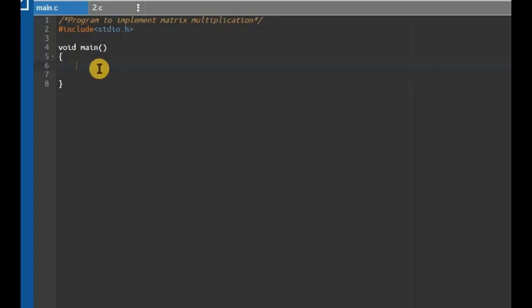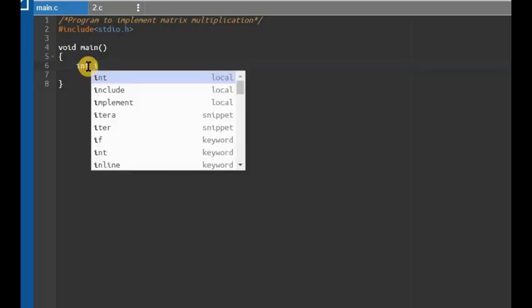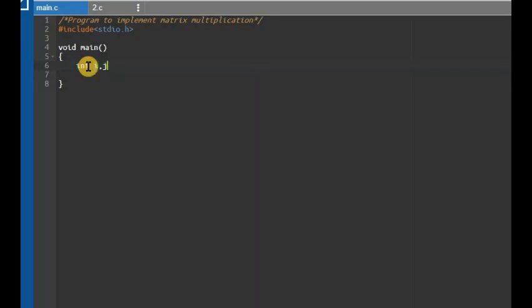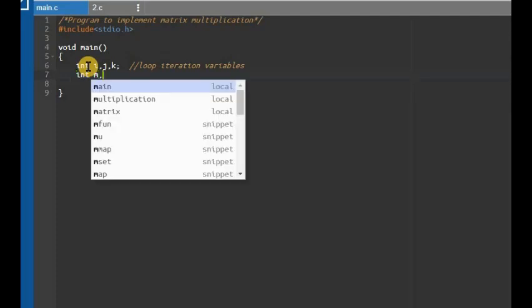Now let us write this program for implementing the matrix multiplication. First I'm going to define some of the variables which I'll need in this example. Firstly, the loop iteration variables i, j and k. Then I'll need four variables for the order of the matrices. I'll name them as m, n,